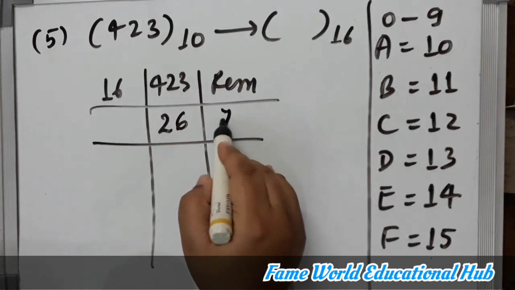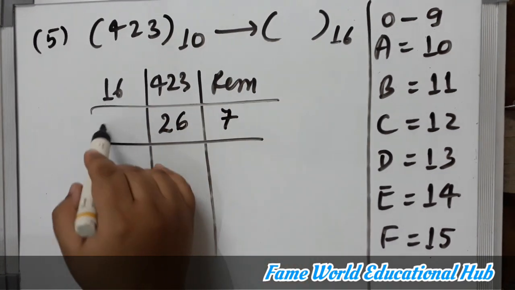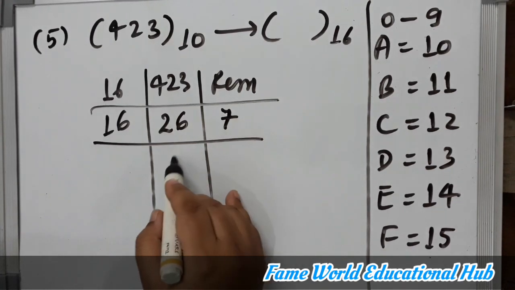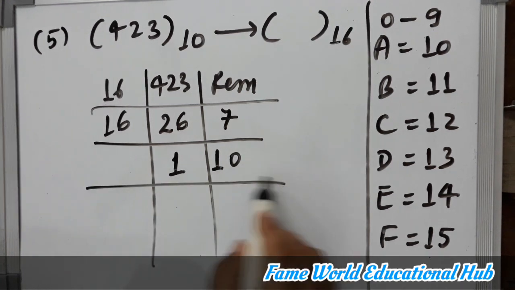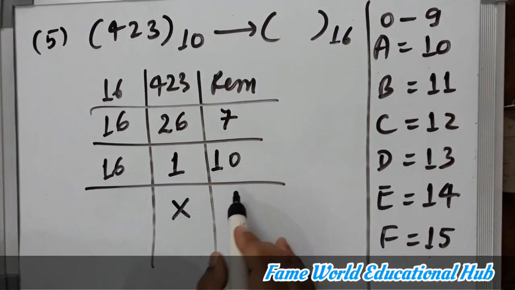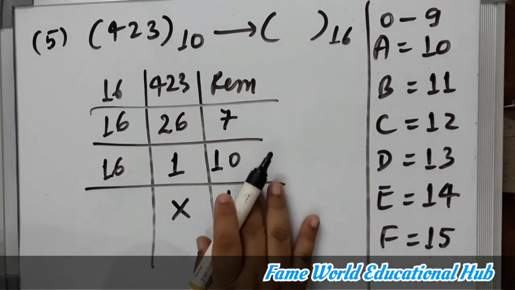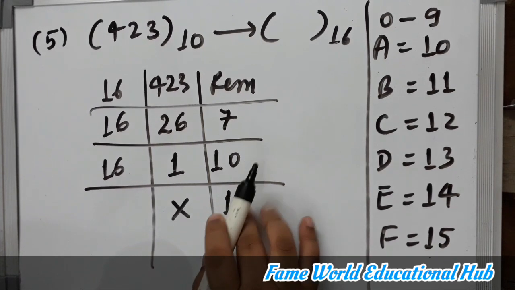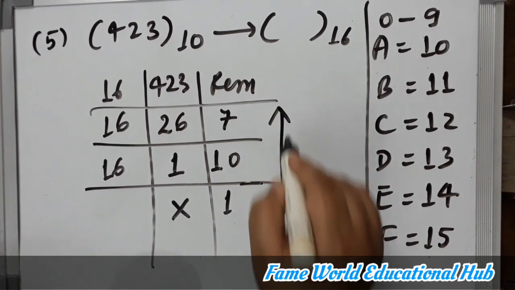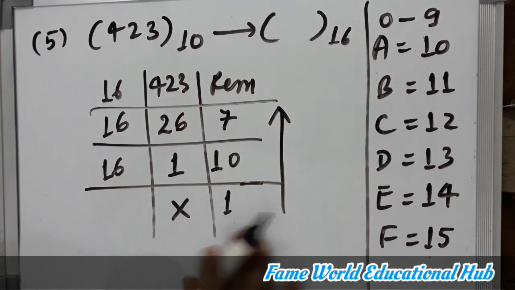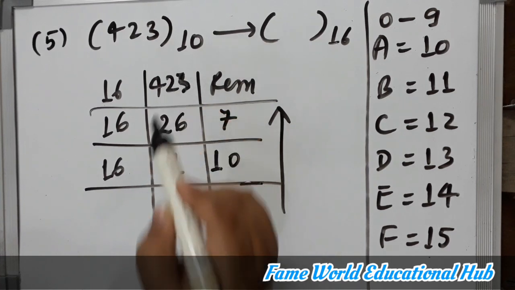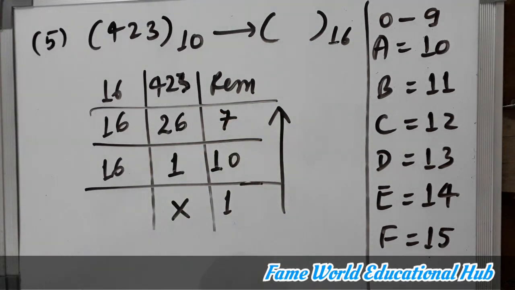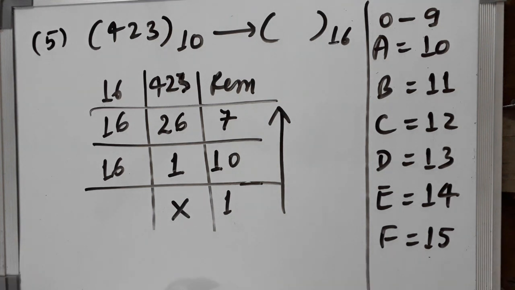So we will be getting the remainder here 7. After that 16, and we have to divide it by 1, and we will be getting 10 here. And then again 16, and it cannot be divided, so we will come here with 1 itself. It is the remainder here, that is 1. And from bottom to top we will be going. And now you can see what is our answer. Just pause the video, comment the final answer in the comment box below, and then play. Don't cheat.